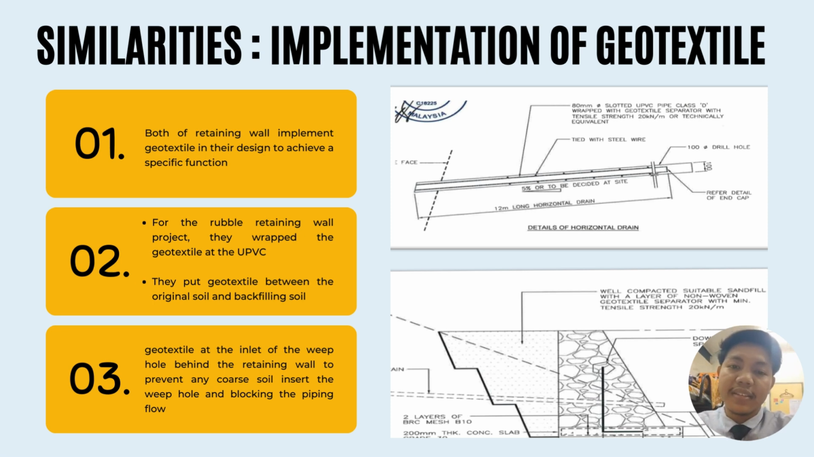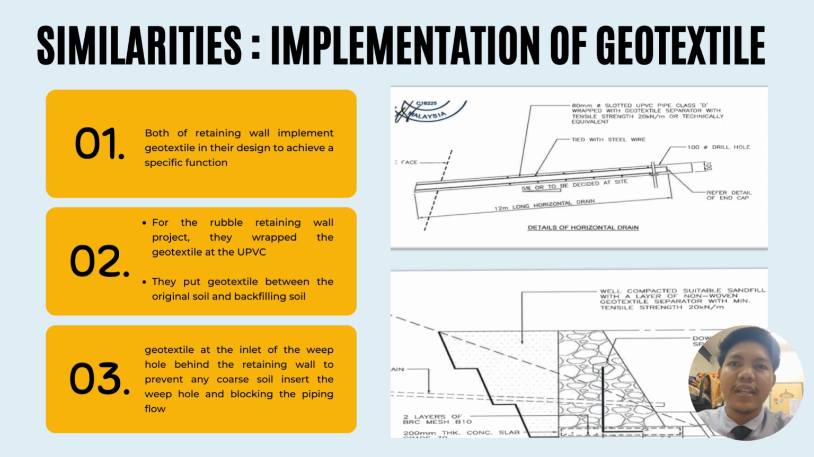Next similarity is the implementation of geotextile, where both retaining walls use geotextile in the design to achieve a specific purpose or function. For the rubble wall, they use geotextile at the PVC pipe to prevent soil from going into the pipe and making flow blockage. While for the reinforced concrete retaining wall,